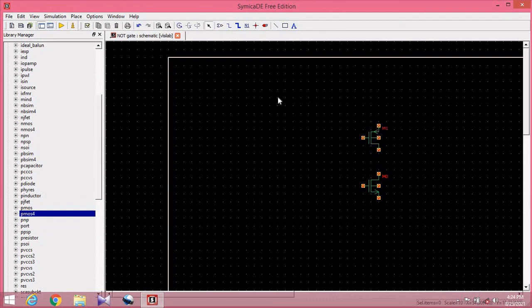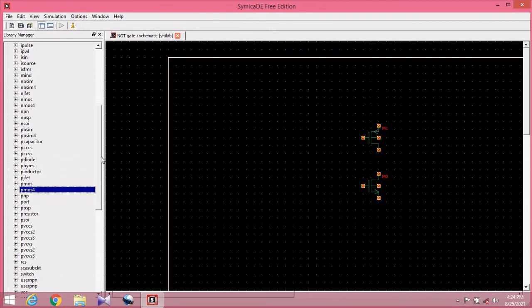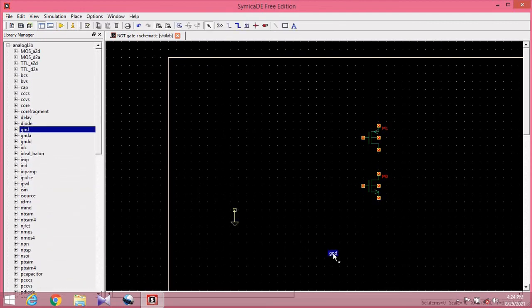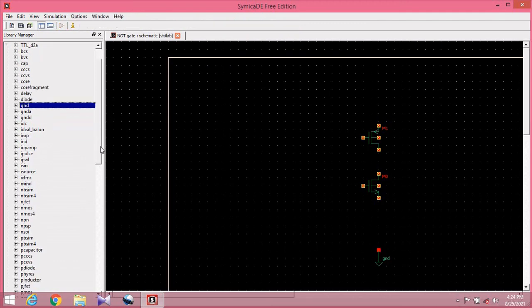Now we will require ground. So select ground, GND, drag and drop here, and we will require one DC source, VDC.